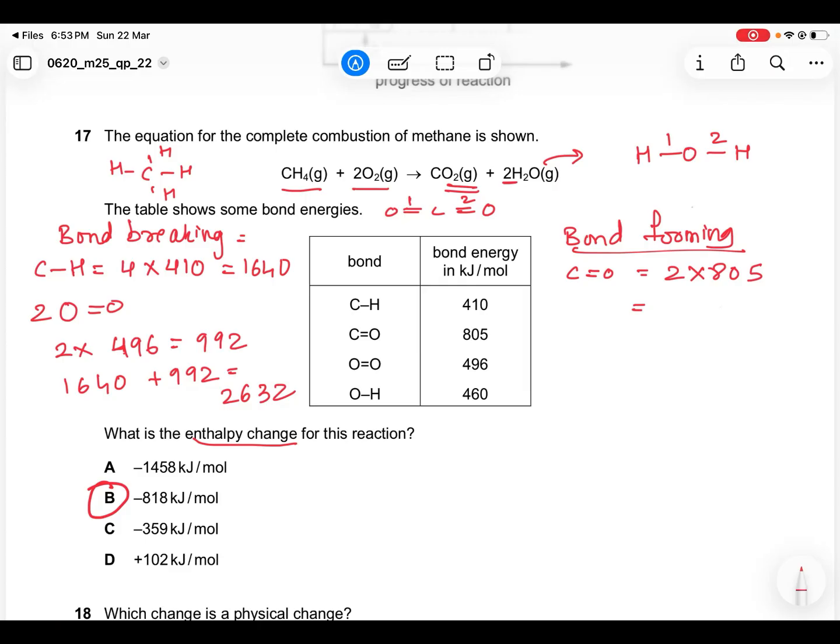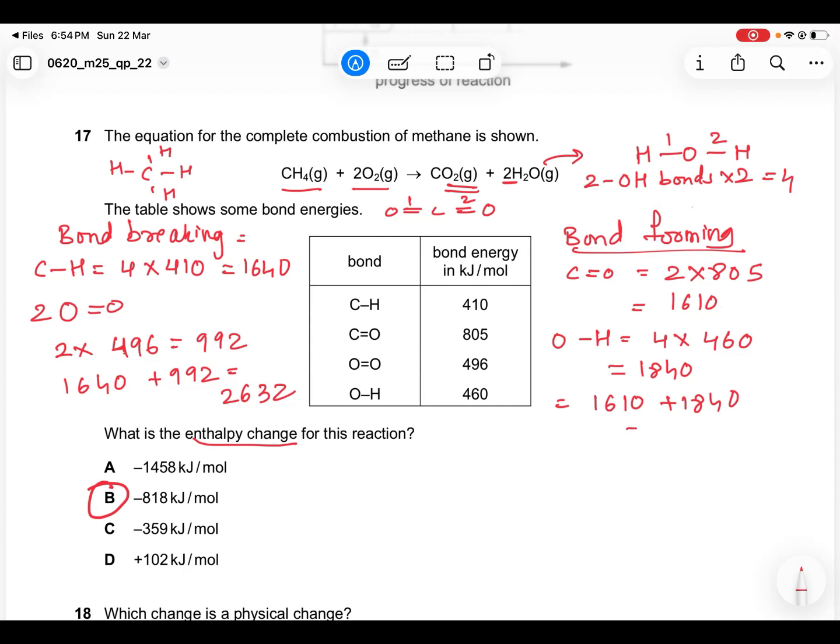So 2 OH bonds into 2 is equal to 4, because I have 2 molecules, so OH is equal to 4 into 460. So 2 into 805 is 1610, and 4 into 460 is 1840. So 1610 plus 1840